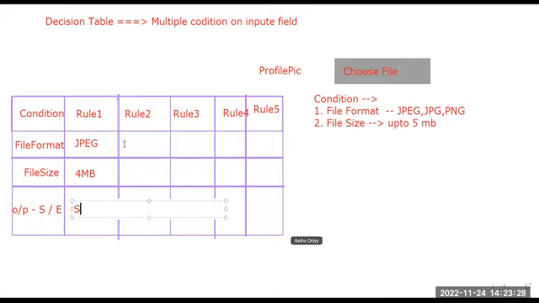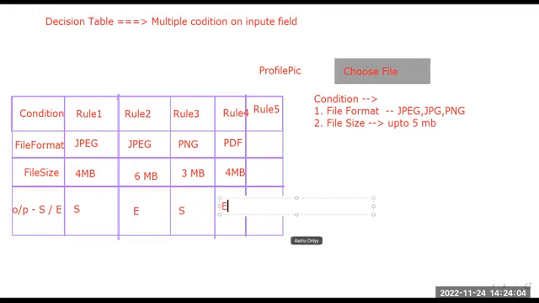Let's say there is a JPEG file with 6 MB: error message. Similarly, a PNG file with 3 MB or 4 MB: success. A PDF file with 4 MB: error message. A TXT file with 4 MB: